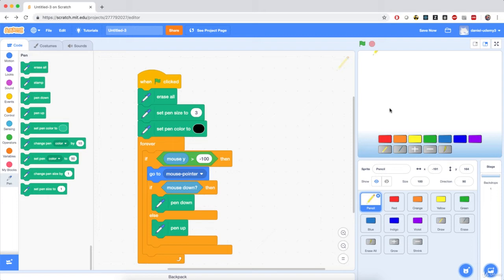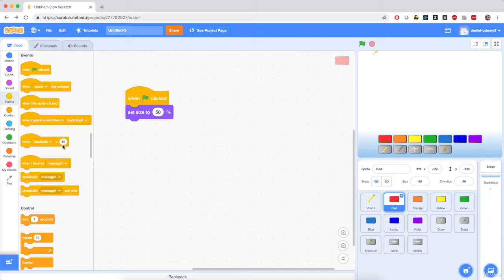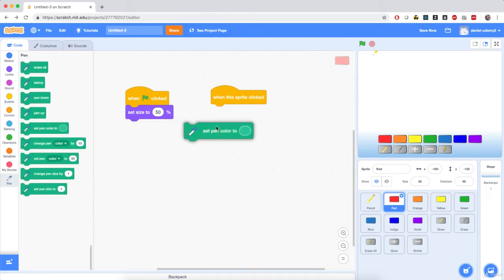Now, the next step is going to be making the pen change its color when we click on one of these colored buttons. So, I'm going to click on this red button. I'm going to zoom in on the code a little bit. And I'm going to go to the events section and I'm going to drag this when this sprite click block. So when this sprite is clicked, we want the pencil to change its color to red. So I'm going to go to the pen section and I'm going to drag this set pen color to,